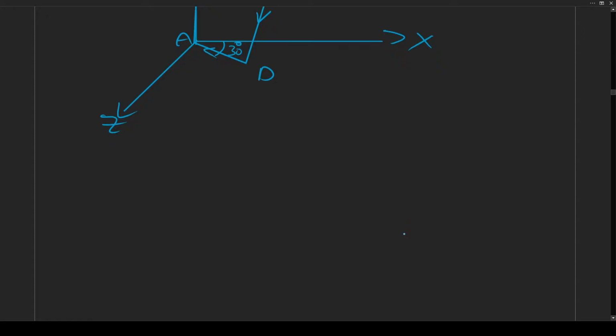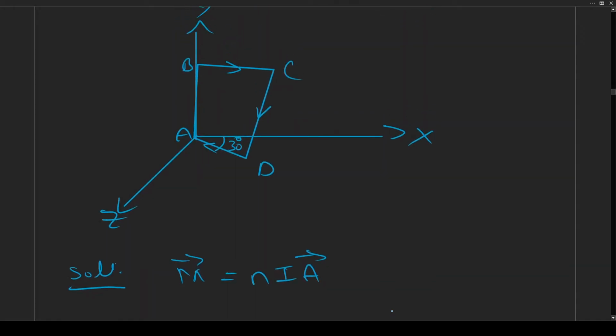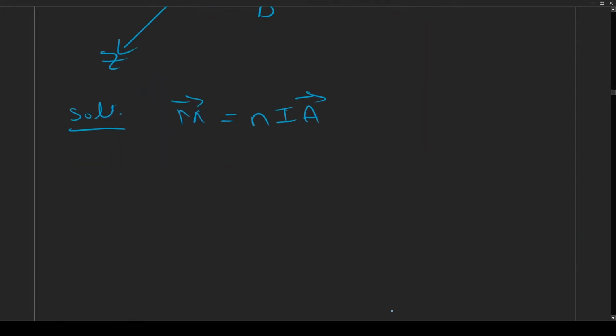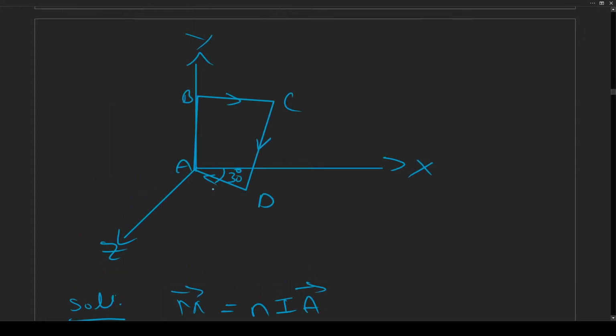Now there is a vector involved. Solution: magnetic moment is equal to N I into A vector. For finding A vector, we will have to multiply the sides. So the magnitude of the sides is 2 meter, but the direction is different. So let's find side DA or AD first. That is this side,